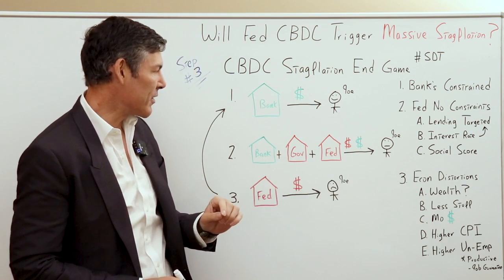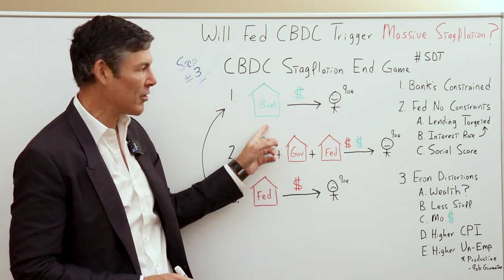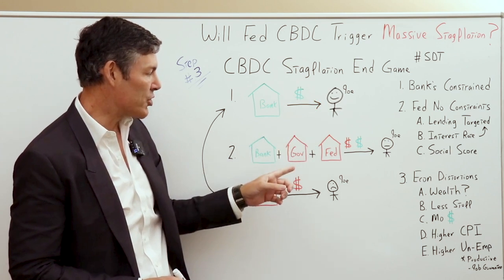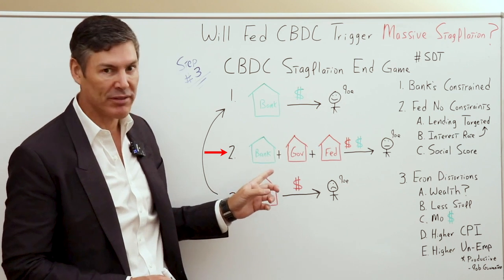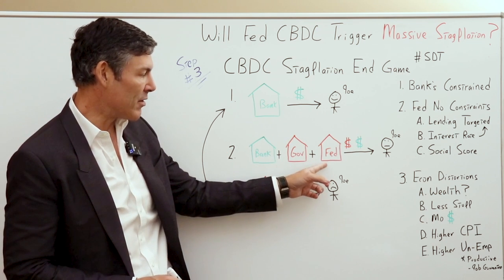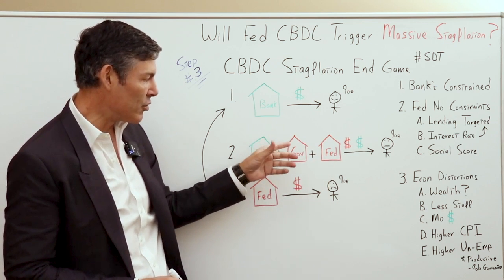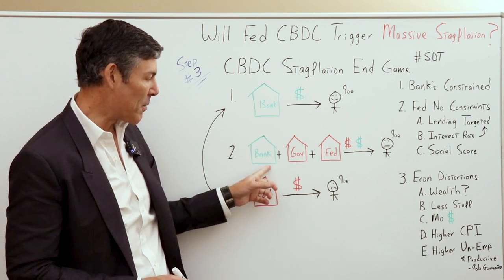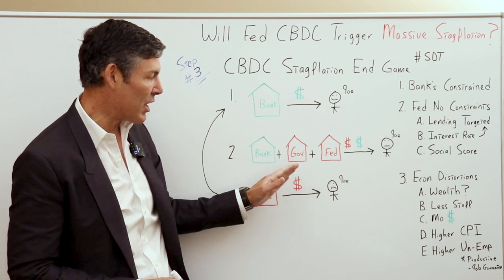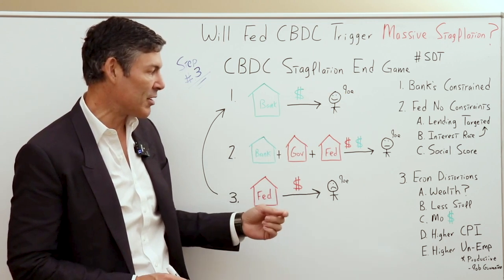We started off in step 1 by showing how the banking system in the past was usually responsible for creating the dollars through lending to the average Joe. Now we've gone into this hybrid system where it's the banks, the government, and the Fed. They are all creating these new dollars, and sometimes the banking system is creating less, and the Fed and the government have to create that much more to on net balance have an increase in the amount of dollars.